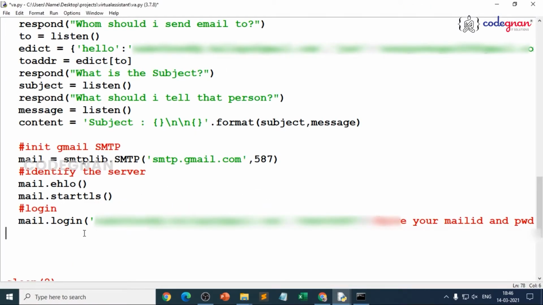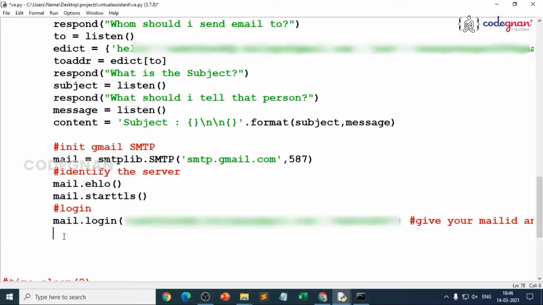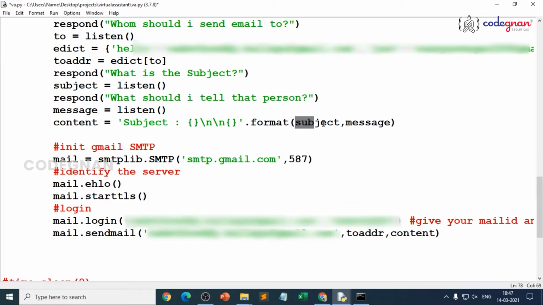First we are logged in, and once we are logged in, we can clearly send an email, right? So I'll just write mail dot sendmail of from and to, right? Once we are logged in here, we generally give our sender mail address, to address and the content. So what is the sender mail address? This is the sender mail address. You can create a variable also, it's up to you. And then what is the to address? We just give the to address and we give the content, because content basically has the subject and message.